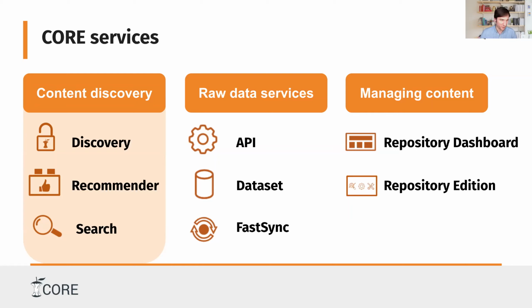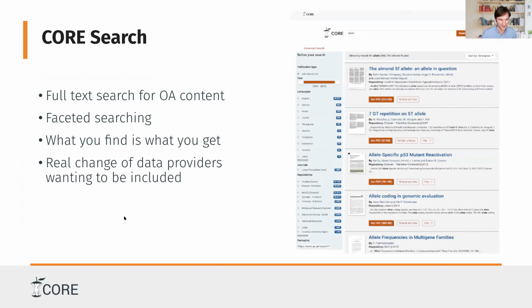So I said that I would focus on the first group, and that's exactly what I'm going to do now. Here we've got three services. The first one is Discovery. This is a service which basically allows you to, I'll say more just in a minute. So we've got a discovery service, we've got a recommender service, and a search service. And I'm just going to show you more, I think, on these slides. Let me start with search.